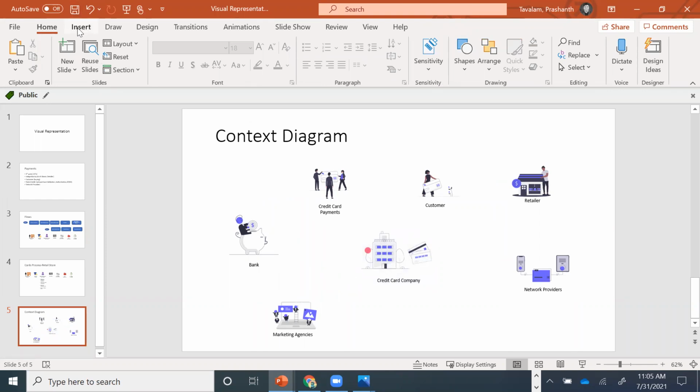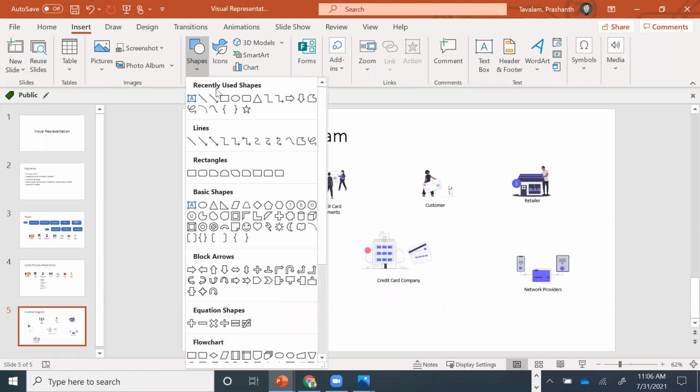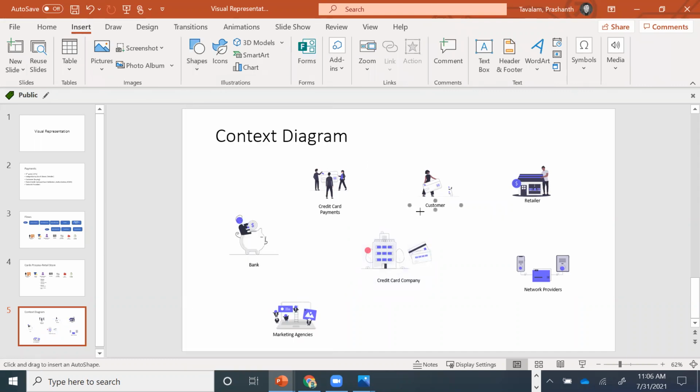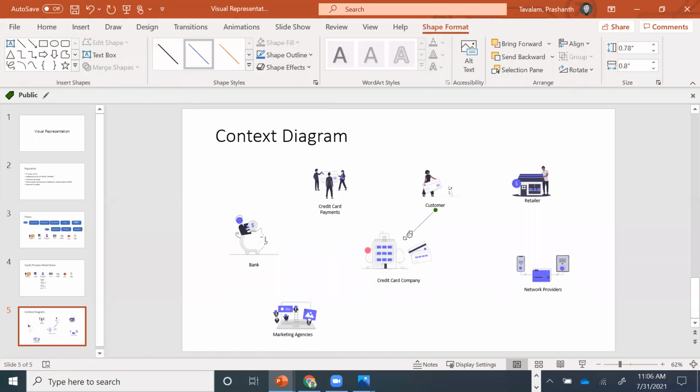And let's add a few. Why hesitate? Ensure how you are adding these lines.